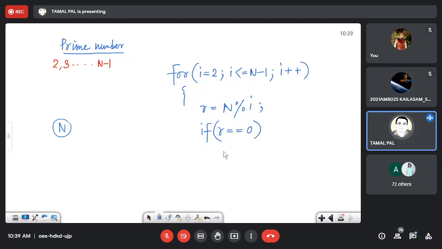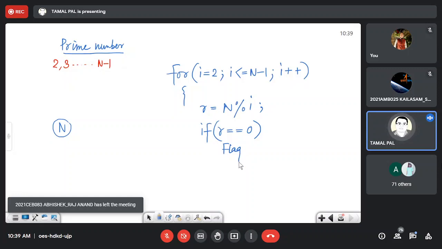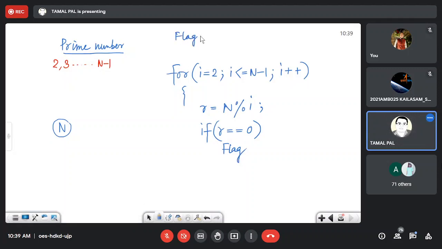We have to set some variable. Let's say we set one flag variable, which is 0 at the beginning. What is the use of the flag? It's a normal variable like abc, whatever.